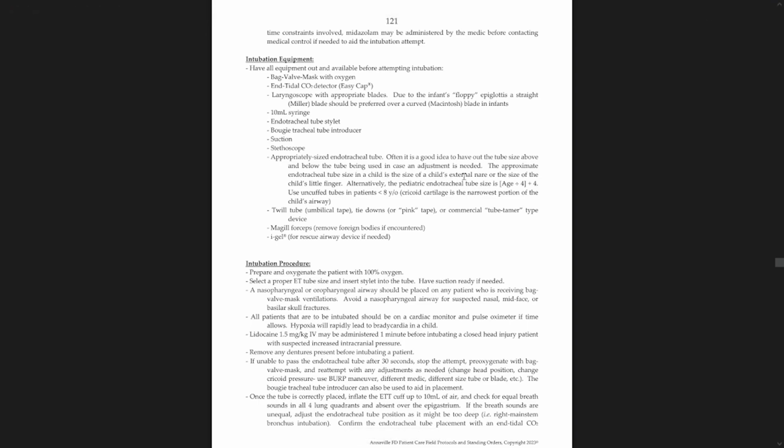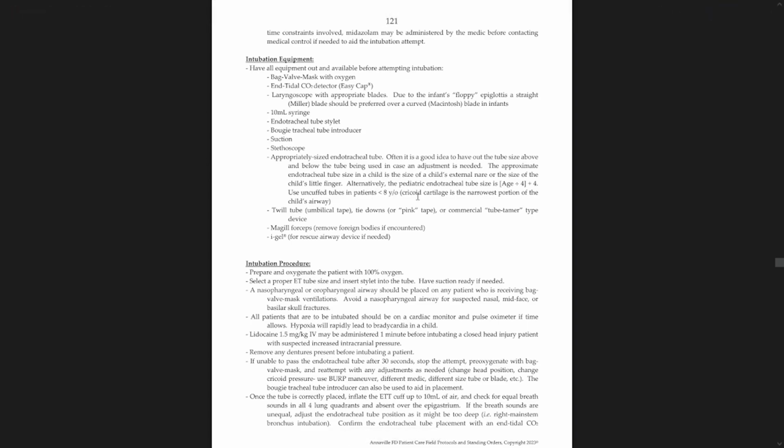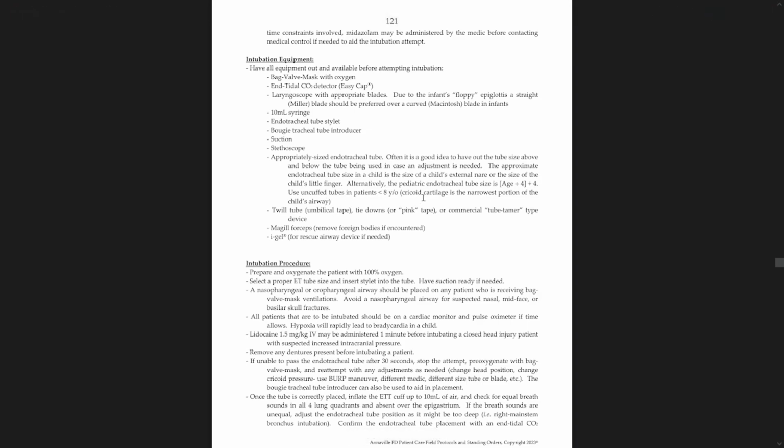an adjustment is needed. The approximate endotracheal tube size in a child is the size of the child's external nare or the size of the child's little finger. Alternatively, the pediatric endotracheal tube size is age divided by 4 plus 4. Use an uncuffed tube in a patient less than 8 years old, as the cricoid cartilage is the narrowest portion of